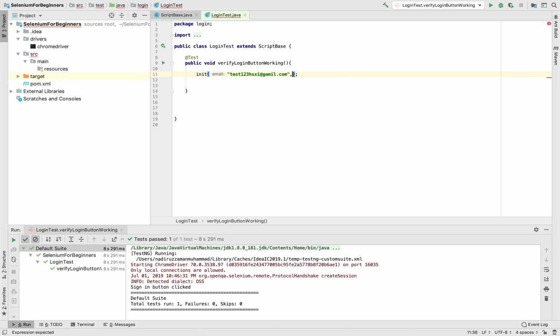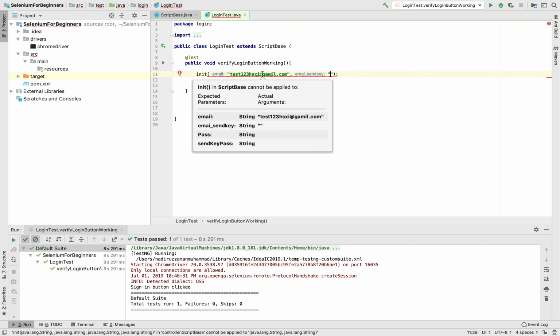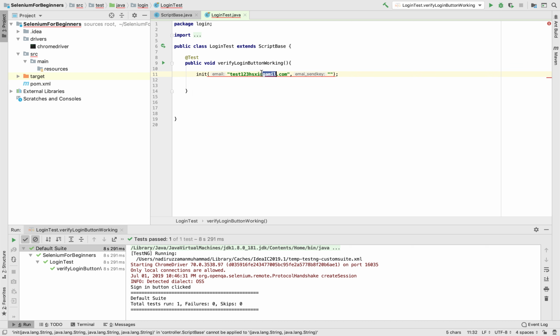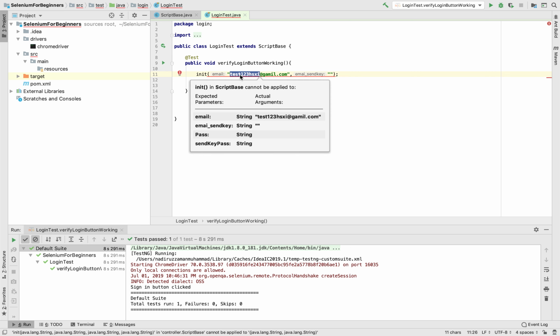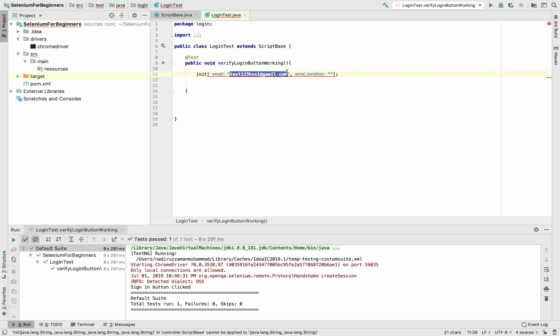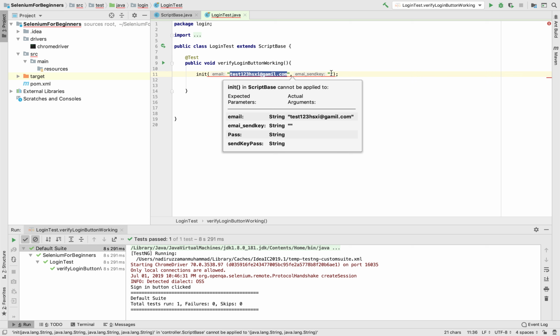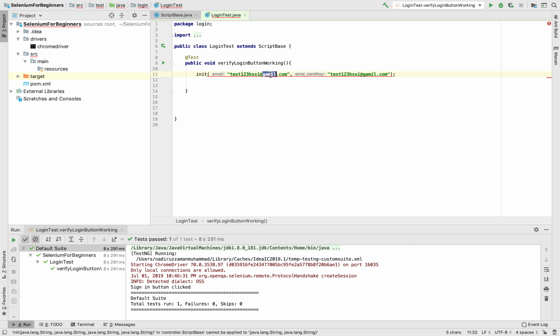And asking comma and double quotation, okay, email send key, whatever you want to send key. So this should be send key. That's my mistake. And this should be email. And comma